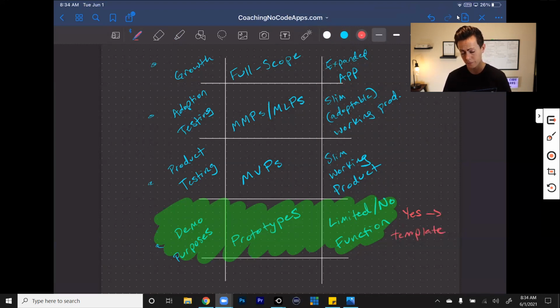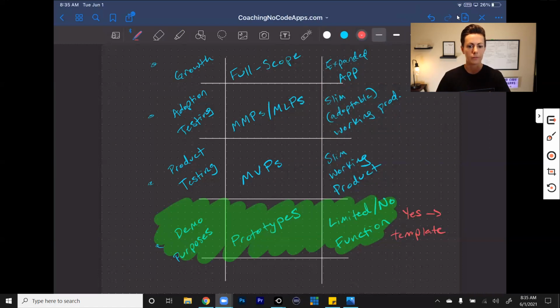All right. Now, there are lots of templates that you can use on lots of no-code app development platforms. One thing to keep in mind is also which platform you're using as well. And we'll get into this in a minute. We'll come back to it. But most no-code app development platforms will offer templates of some sort. And these are templates for common types of apps, marketplace templates, dashboard templates, things like that,